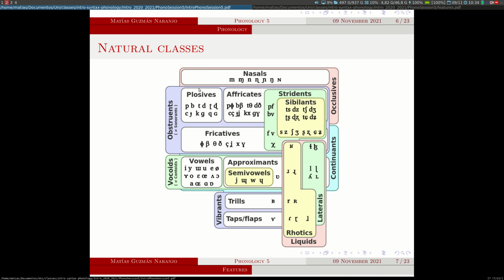We can start with, for example, here we have plosives. We saw this create a complete closure of the air passage, and then there's a release. But you also have affricates, which do something similar to that. And then you also have